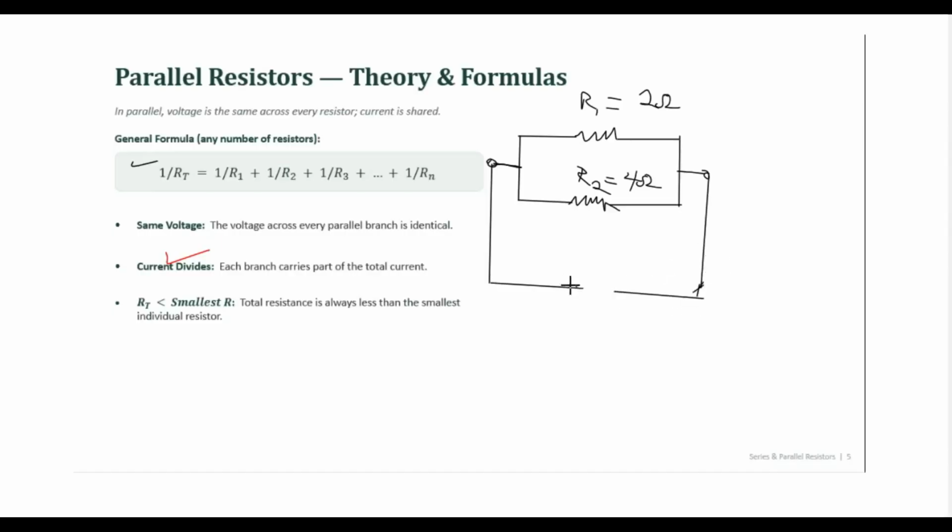You have this, and then you have this. Let's assume this is 8 volts, for example. There's going to be current flowing from this voltage source, current I. If that current gets to this junction,